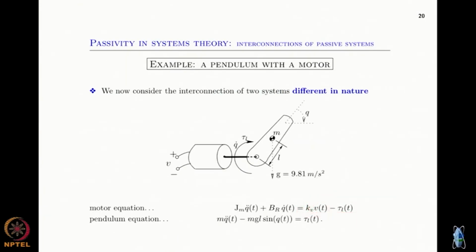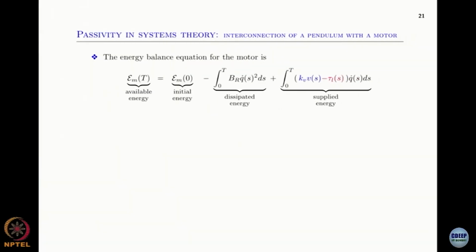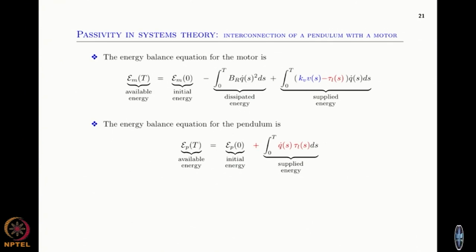Well, there is, of course, what I supply into the motor to make it spin, that comes here, but there is the load. Okay, so I inject some energy into it, but some energy goes into moving the pendulum, so the supplied energy will look like this. And the pendulum is all happy because it only sees energy coming in, so there is supplied energy there, and there is some initial energy, and there is then available energy. So basically, the available energy equals whatever is supplied coming from the motor,